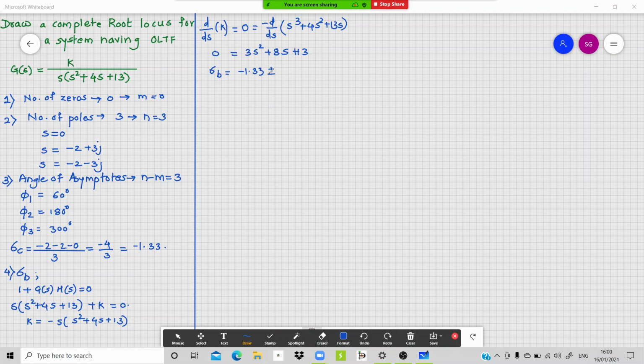Okay. So if we solve it, you are going to get sigma b is equal to minus 1.33 plus minus j 1.59. Now when we are solving this, see what we got. Sigma b we got, what to say, complex, right? But normally we talk about the breaking point that is on the real axis. Sometimes yes, you may have them to be complex, right? Sometimes it may not. We got some value. Now whether it is valid or not, we'll draw it and we'll check it.